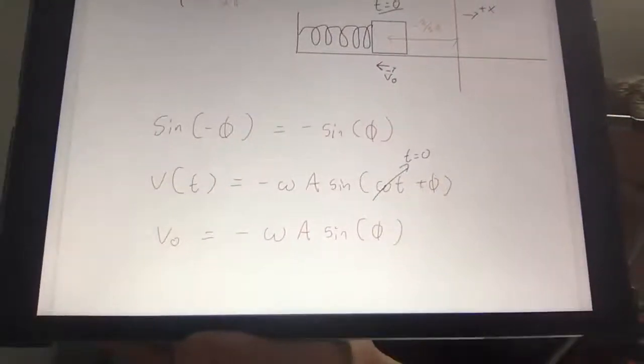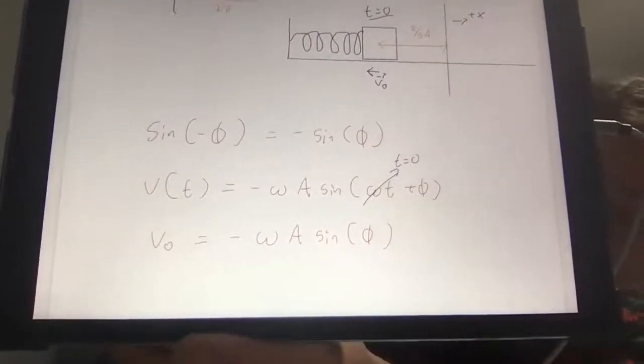So then our initial velocity is just going to be negative omega A sine of phi. Okay, so that would be my initial velocity, is negative omega A sine of phi. Every time. Okay, and we've got the value of the phase angle, and we want to make sure we get a negative. So that means the phase angle must be